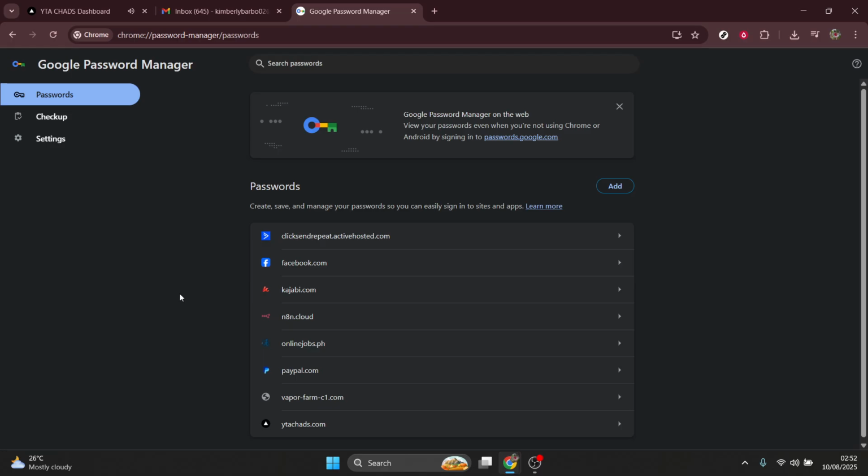At this point, feel free to note it down or update your saved passwords to keep them secure but memorable. And there you have it, a seamless way to retrieve your Gmail or Google passwords from Chrome. I hope this guide has been